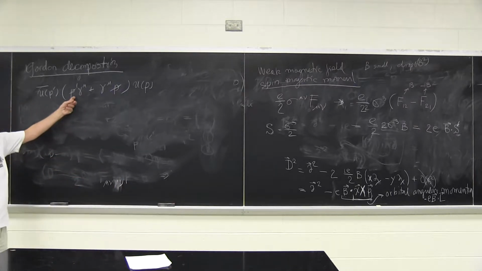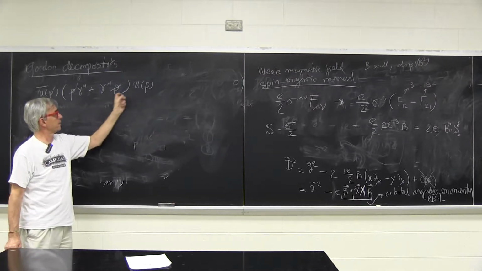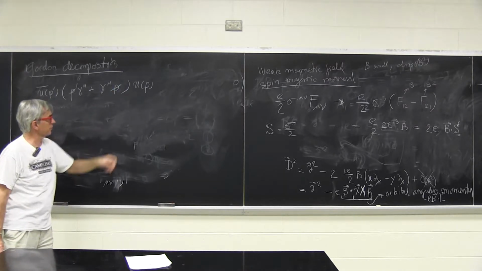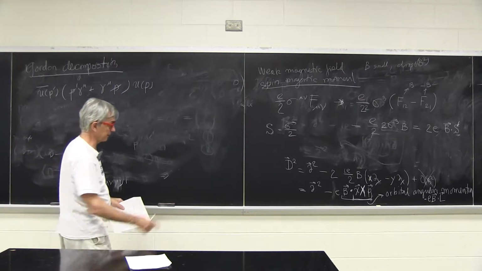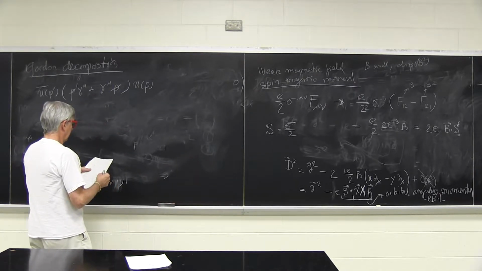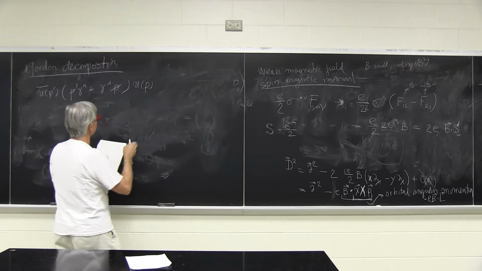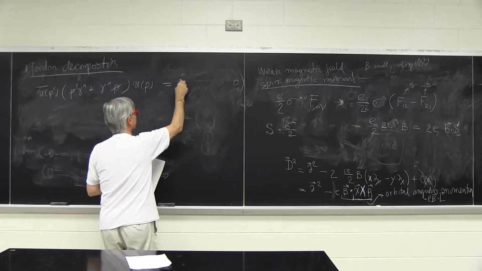Now, Dirac equation says I can replace this by mass because I'm on the mass shell, and I can replace this by mass because I'm on the mass shell. And remember, these U's show up rather than psi because we're in momentum space rather than in configuration space. So far, we were only working in configuration space in all this. So look at this. So this becomes m, this becomes m. So this is twice the mass,